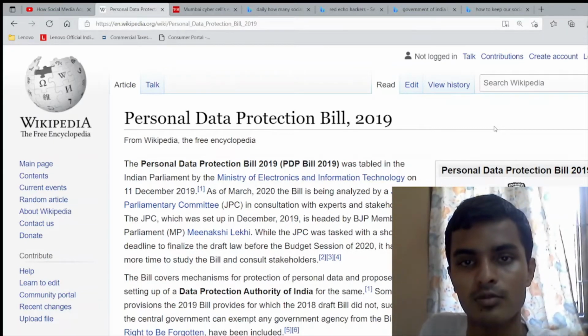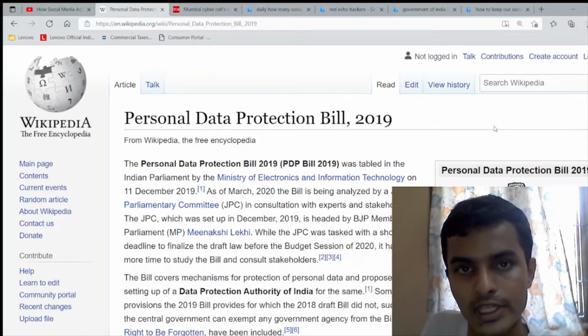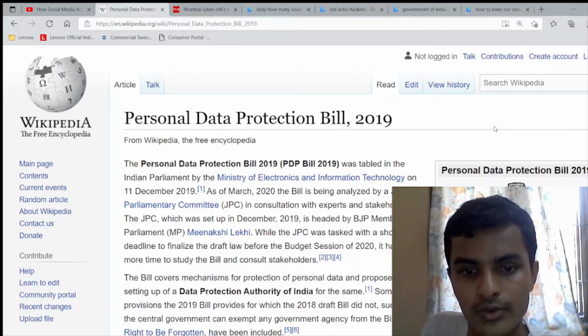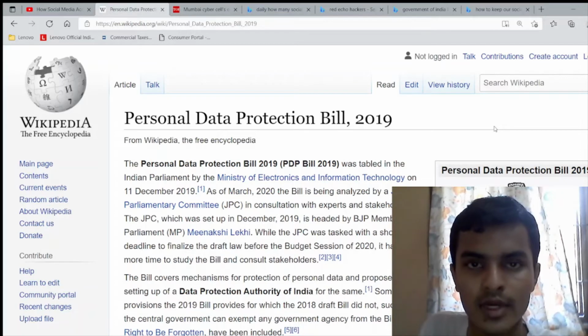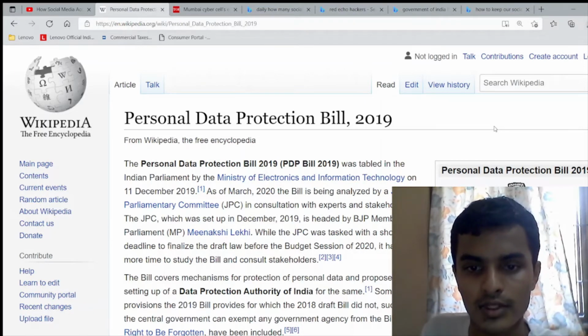I'll tell you why this bill is important. In simple words, the data which we use daily, for example if you use Instagram, is taken by the Instagram people and they use it for analyzing purposes or programming purposes, to see how people use it, their mindset, everything. So they are using our personal data for this. So it has to be protected so that they can't use it, and that's why two-factor authentication is very important.